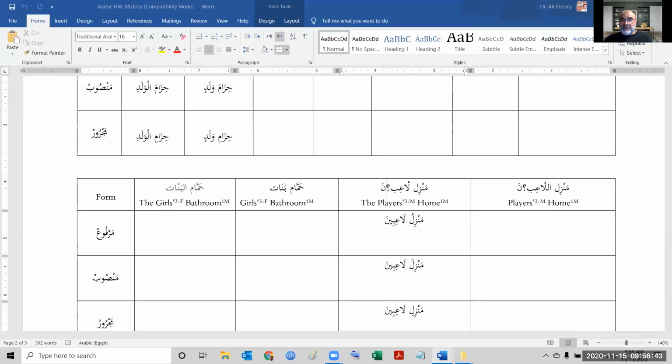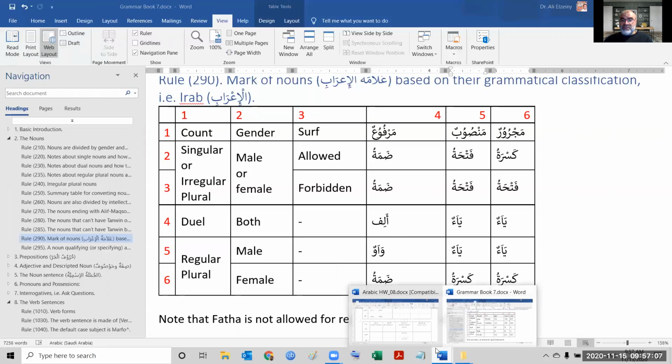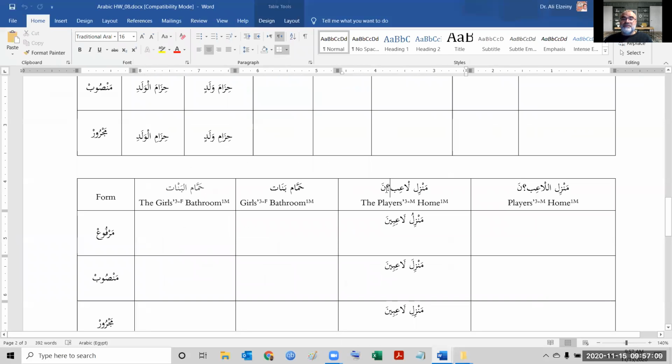If we go to the table here, to 3 plus M, which is right here, 3 plus M, regular. It could be wow or it could be ya. It's either wow or ya. Okay, so I would ask you to figure out which is wow or ya. For this reason, I did a question mark here. It's like, I'm not going to tell you it's ya or wow. You figure it out. So that's the meaning of the question mark here.